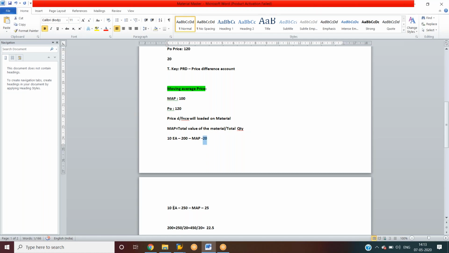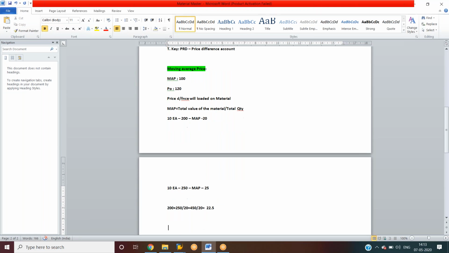And again we have procured the same material, quantity 10, the total value is 250, and each material costs 25 rupees. As per the formula, moving average price equals total value of the materials, so total value is 200 plus 250, divided by total quantity, 20 quantity we have purchased. Equal to 450 by 20.